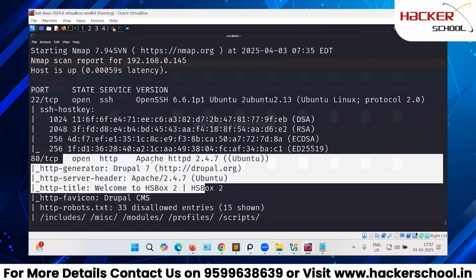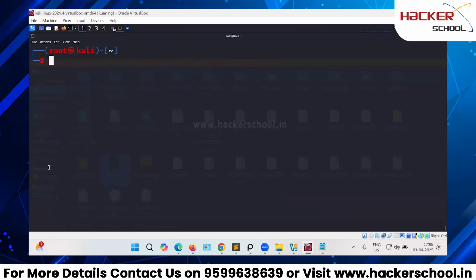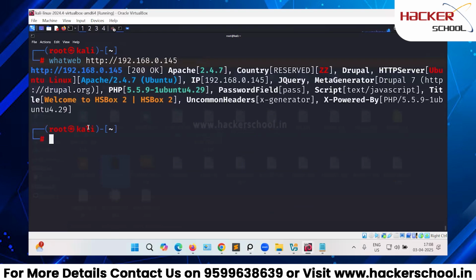Now, first let me try to collect the information. I'll just use whatweb followed by the link, which is the IP address of the target, 192.168.0.145. Now there you can see it is using Apache Web Server 2.4.7, and it is using Drupal 7 content management framework, and it is using PHP, the server-side programming language,